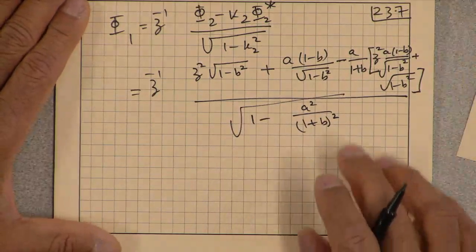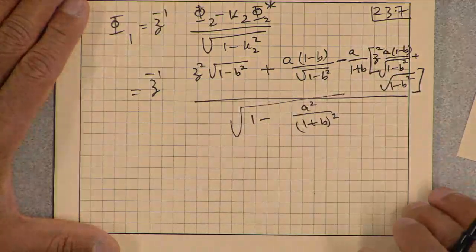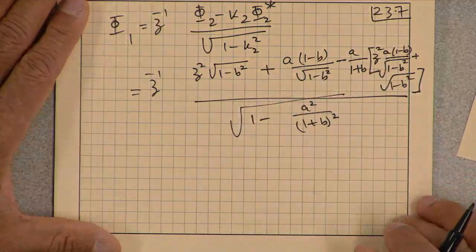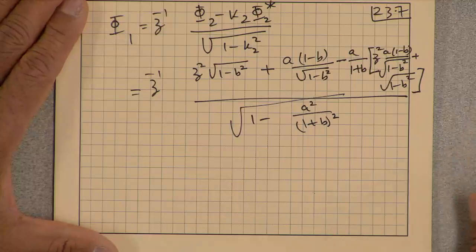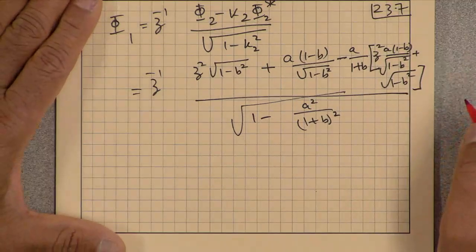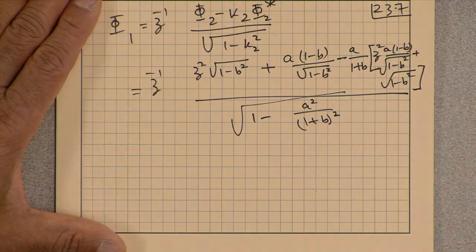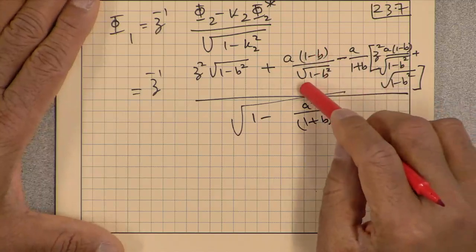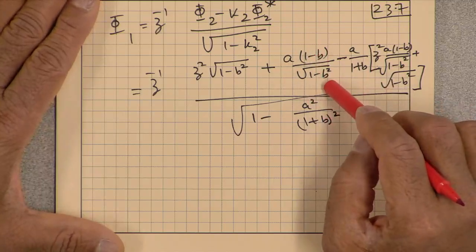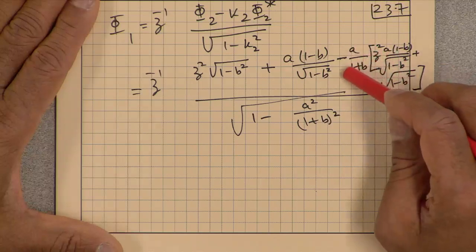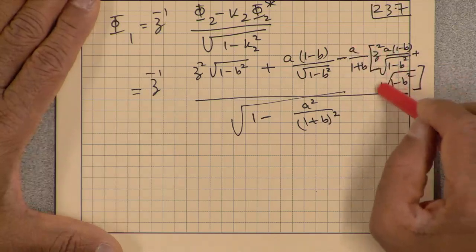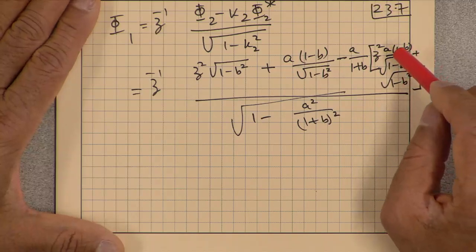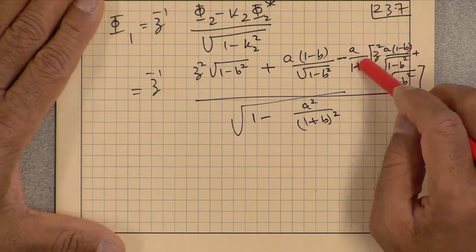Okay. So we won't work out all the details, but the only thing that's useful to check is that the constant term is cancelled out. And so let's take a quick look at that. Okay. So let's see. We have a times 1 minus b by square root of 1 minus b squared, and then if I multiply this quantity with this quantity, what do we get? So 1 plus b square root,